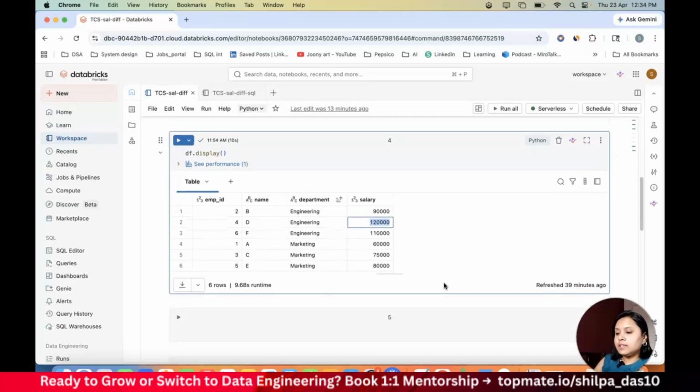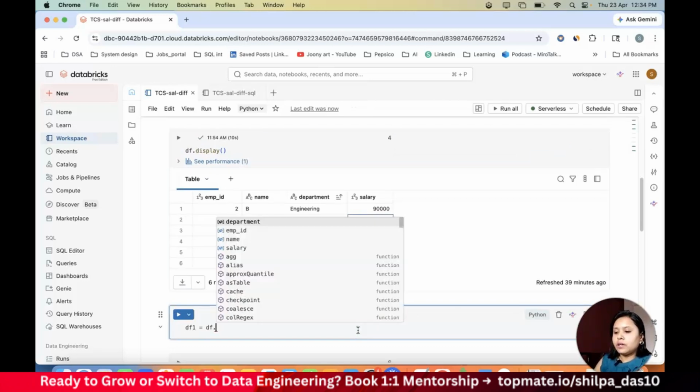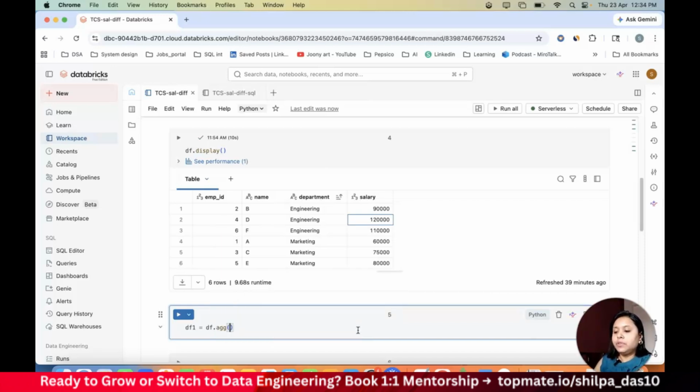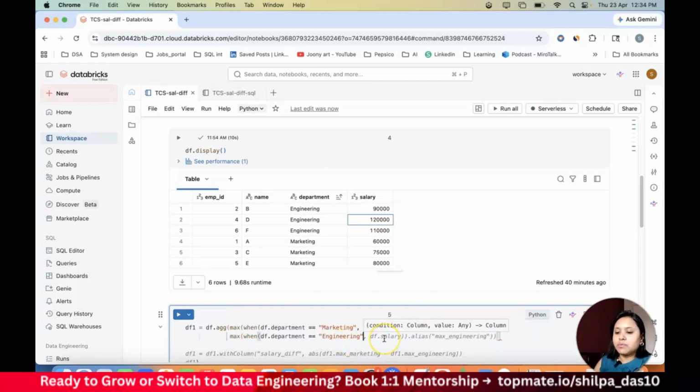So now in this, for example, I'll do a df1. In this df1, I'll do a df dot aggregation. In this aggregation, I will go ahead and calculate the maximum salary. So you can see how I can calculate the maximum salary. It is with my